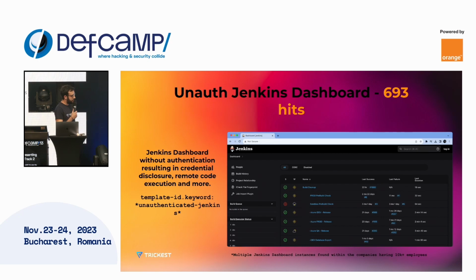Unauthenticated Jenkins dashboard. Again, the host was not resolvable from the outside, but it was resolvable with direct IP access. And actually, I found an open Jenkins dashboard with credentials for one company which has more than 2,000 employees, with credentials inside of their database, their personal emails, their whole team. So I got all of their team's emails and then sent them a message that they need to fix this as soon as possible.